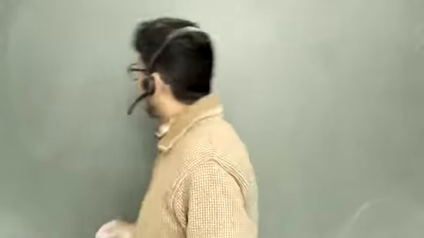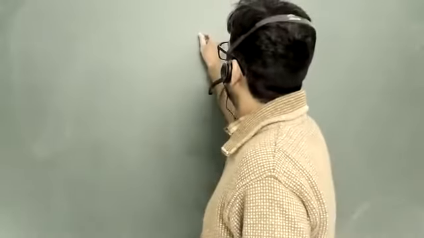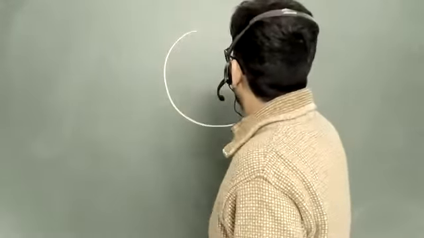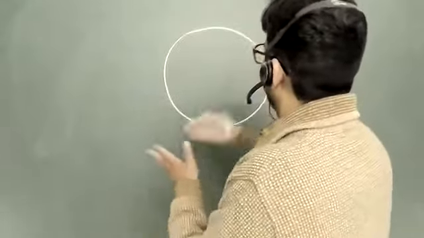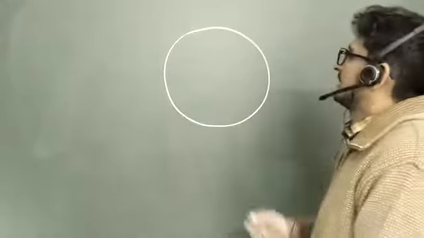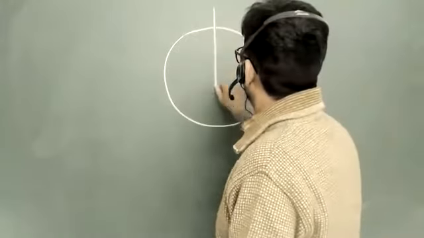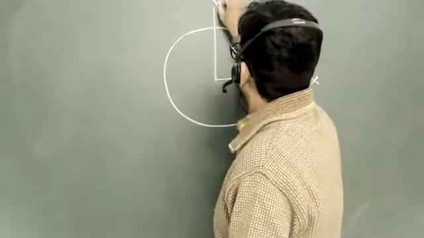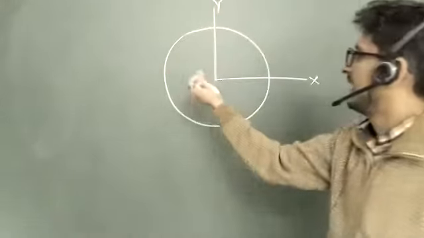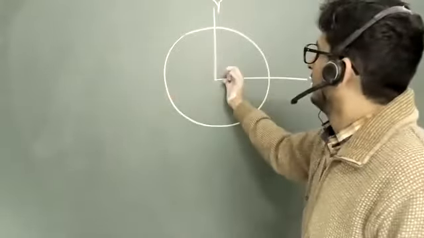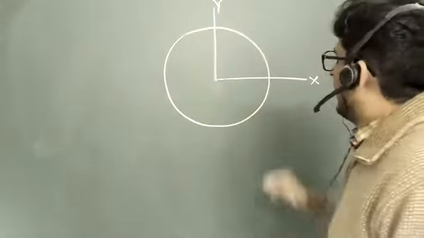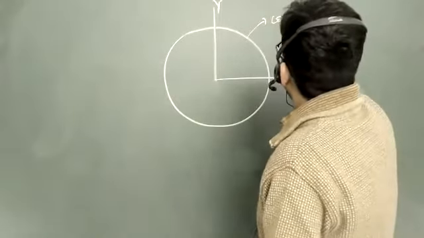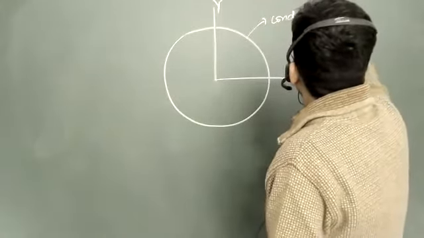Okay, so now the next question is this. We have a thin conducting ring. For simplicity, let me draw it like this, because if I make an XYZ plane it would be on the XY plane, but let me make it like this to keep it simple. So this is X and this is Y. This is the plane and this is the Z axis, right? X cross Y will be Z. This is the Z axis and this is the conducting ring.